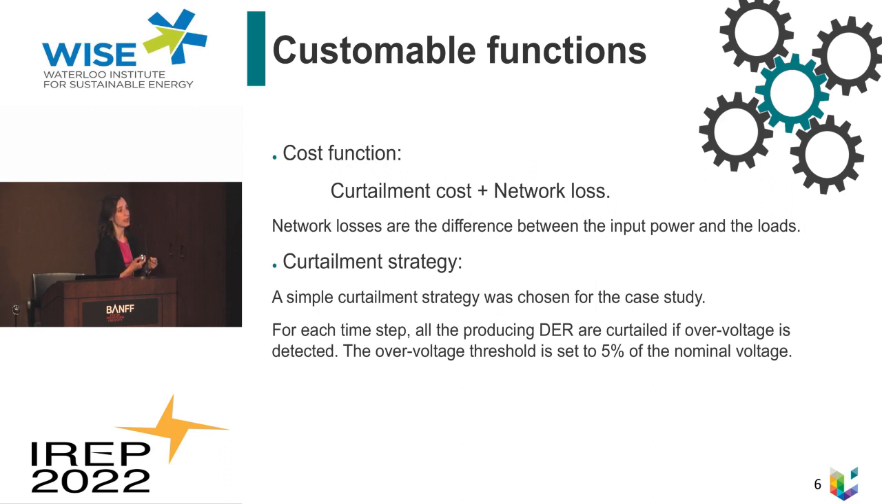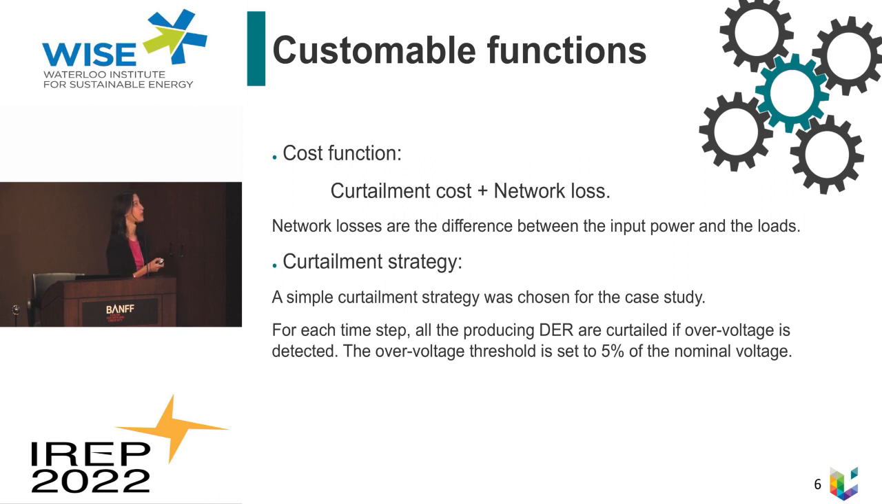So what is something that we can change in our model is the cost function first. We defined it as the curtailment cost and the network loss, but you could add any cost you want. For us, the network loss is what you put in the network and what goes into loads, like minus. The curtailment strategy, we only use a simple one just to check if the method worked. This simple one is just checking if we have overvoltage. If we do have overvoltage, we curtail all DER, not just the one causing issues. And we compute a cost for the money that the people weren't able to make out of the energy that